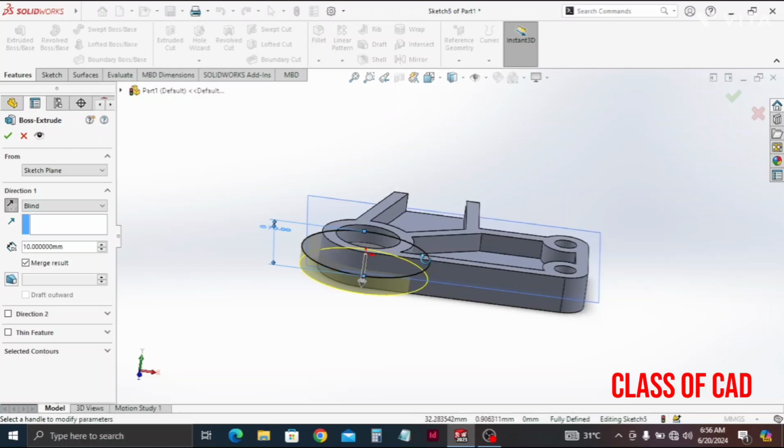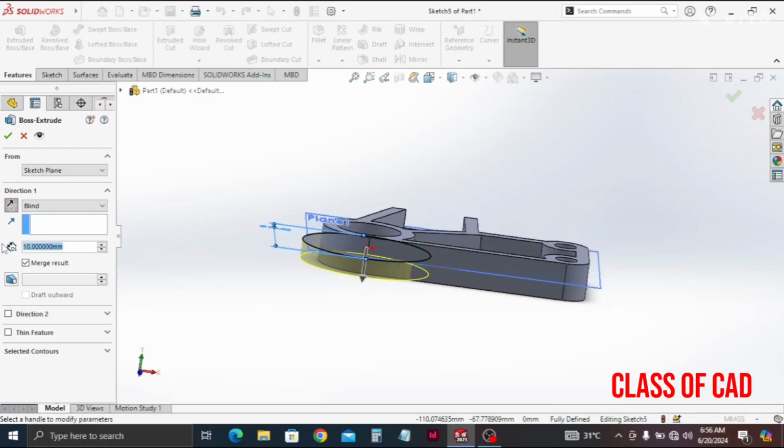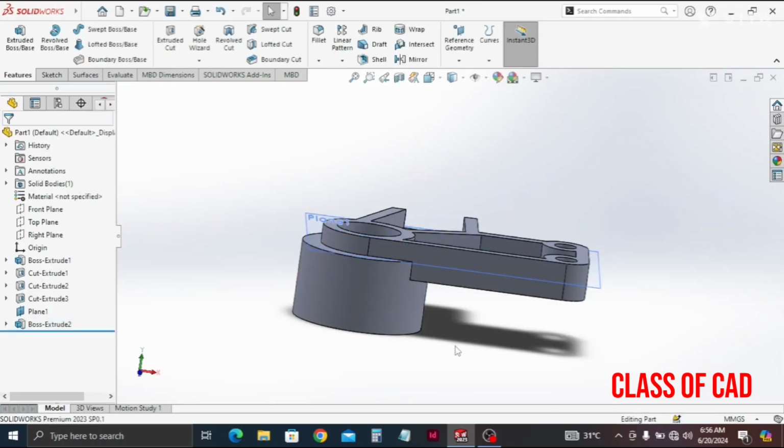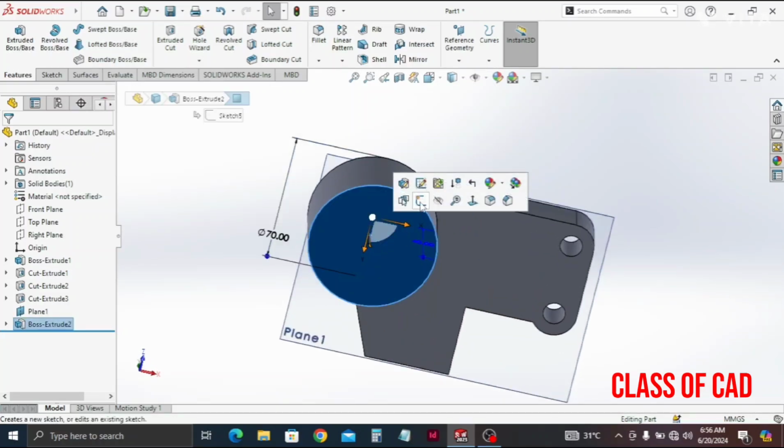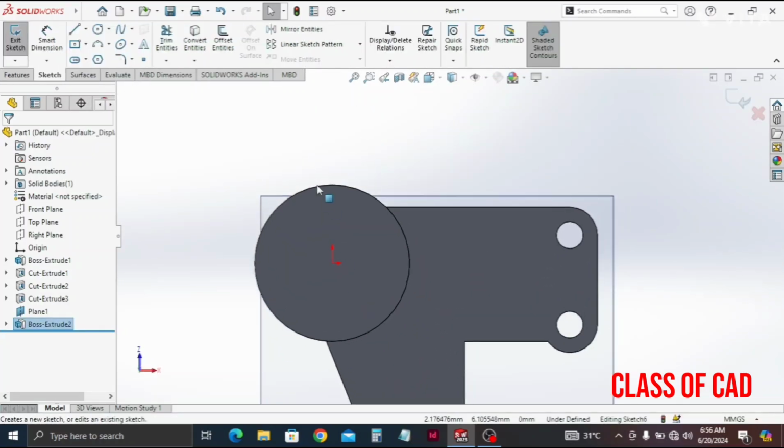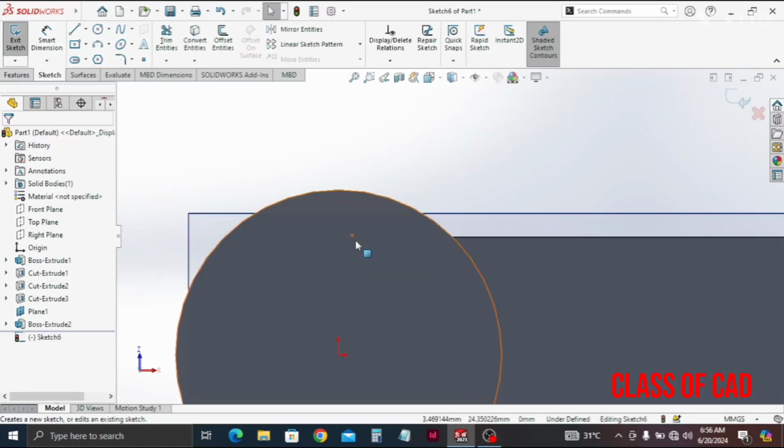Reverse. Enter 40 and click OK. Now click on this bottom face, click on the sketch. And then create